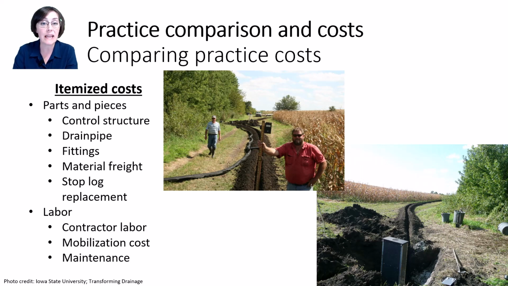You'll also have labor costs for the installation, so you'll have to estimate or know from an invoice the number of hours required for construction as well as the contractor's hourly rate. Don't forget, there could be a mobilization cost charged by the contractor to get them even out there on the site. You could also consider including a small time compensation for the farmer to check the saturated buffer a couple times a year to make sure it's working properly.